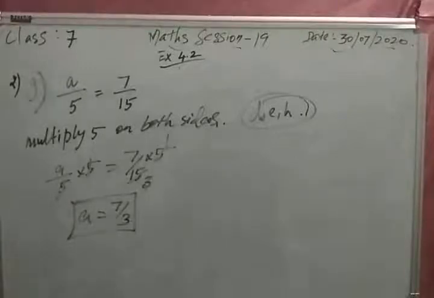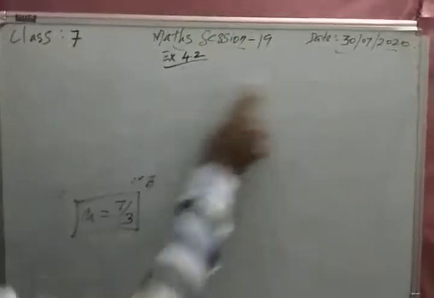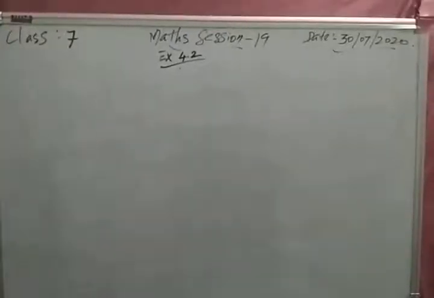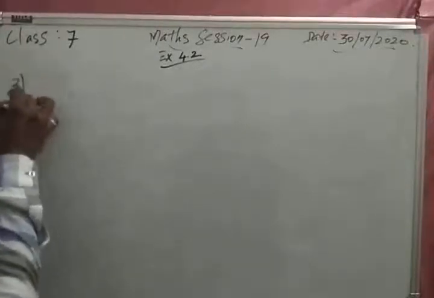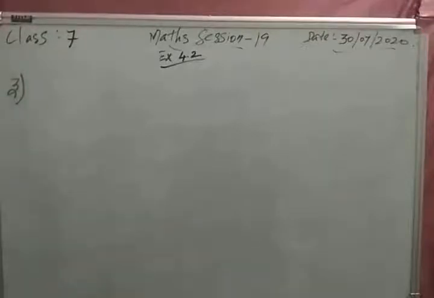Now let's go for the third question over here. In the first question we have done only addition to subtraction, subtraction to addition. In the second question we have done multiplication to division, division to multiplication. But here we are going to do both things together in one sum.